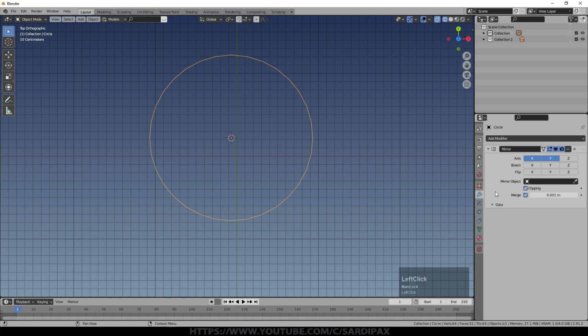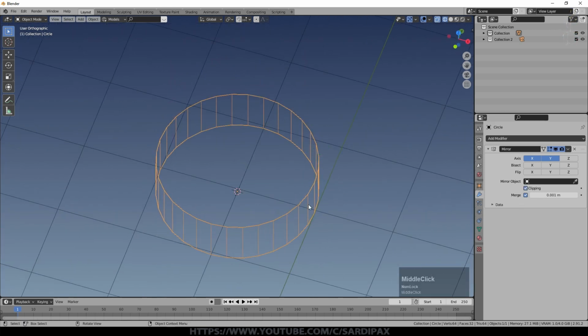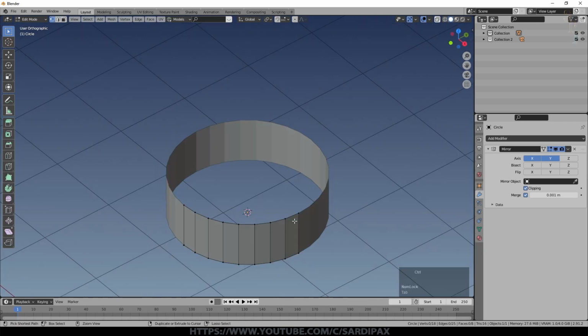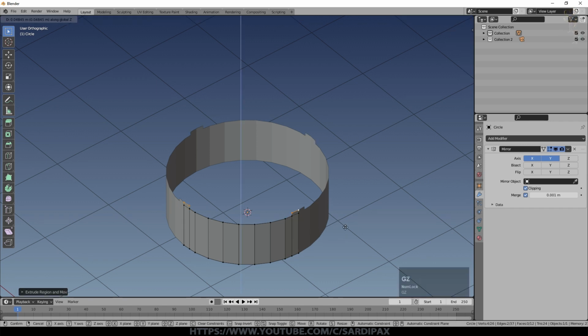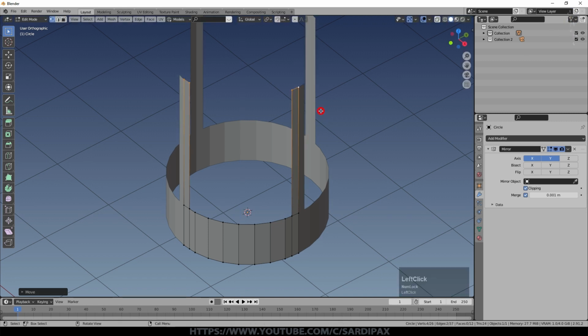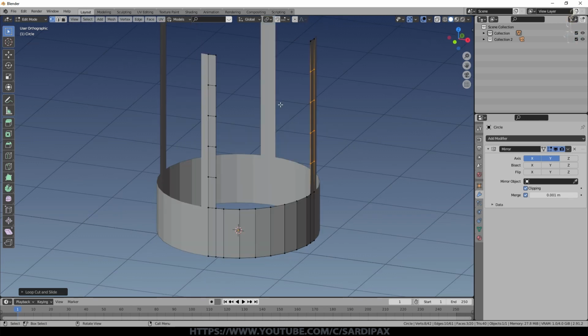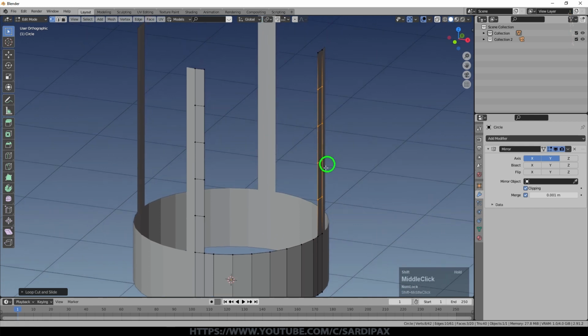If we put clipping on, it will generally merge areas that get too close together. So what I'm also going to do is add, with Control R, I've got Loop Tools on, an extra loop there, and that's because these are going to be the areas for the uprights. So E, G, Z, and you can see that's pulling those up nicely. And I created them fairly long, and then Control R and maybe 4 subdivisions. The more you create, the smoother it can be. So I just did Control R and then typed 4. But you don't need to put too many in because we're going to smooth this out with the subdivision surface anyway.